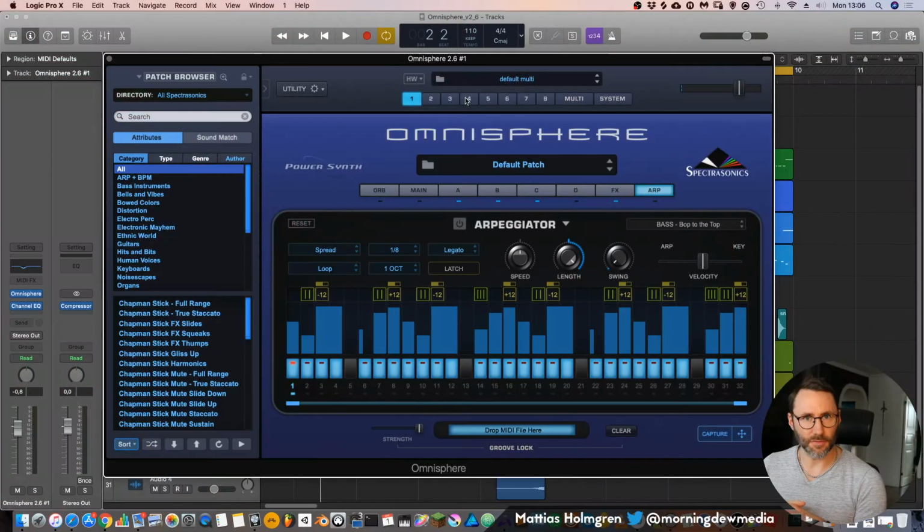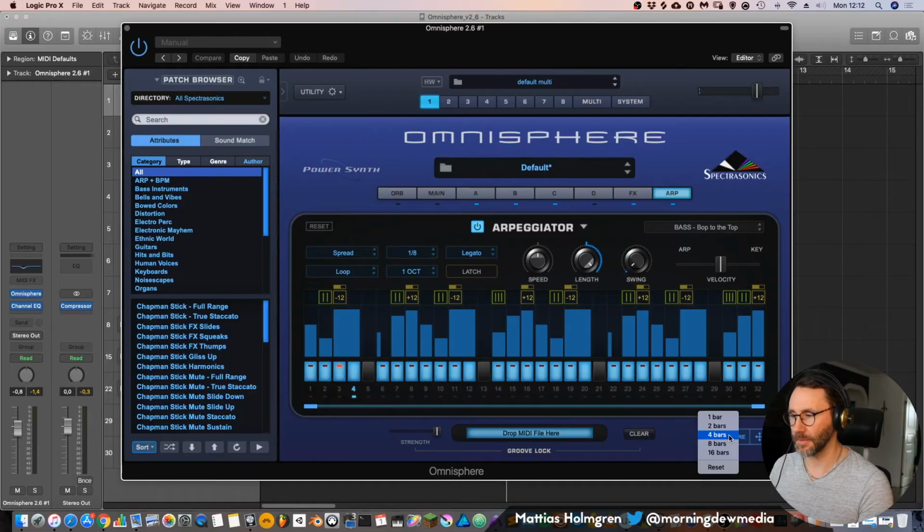Yeah, so in the previous video I was working in Bitwig Studio and somehow when I exported or captured the arpeggiation from Omnisphere, the pitch glides or note glides within the arpeggiation didn't appear in the MIDI export in Bitwig. With Logic it works totally fine and you get all these note glides with the MIDI export. So let's look at an example.